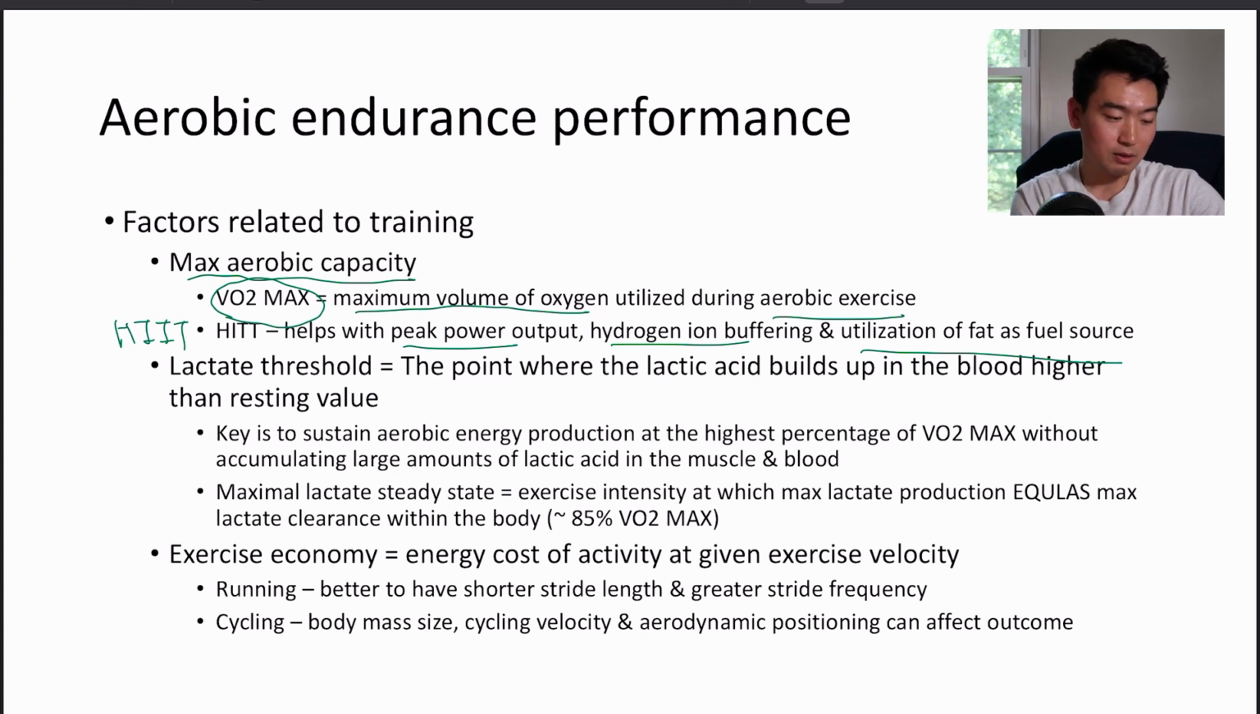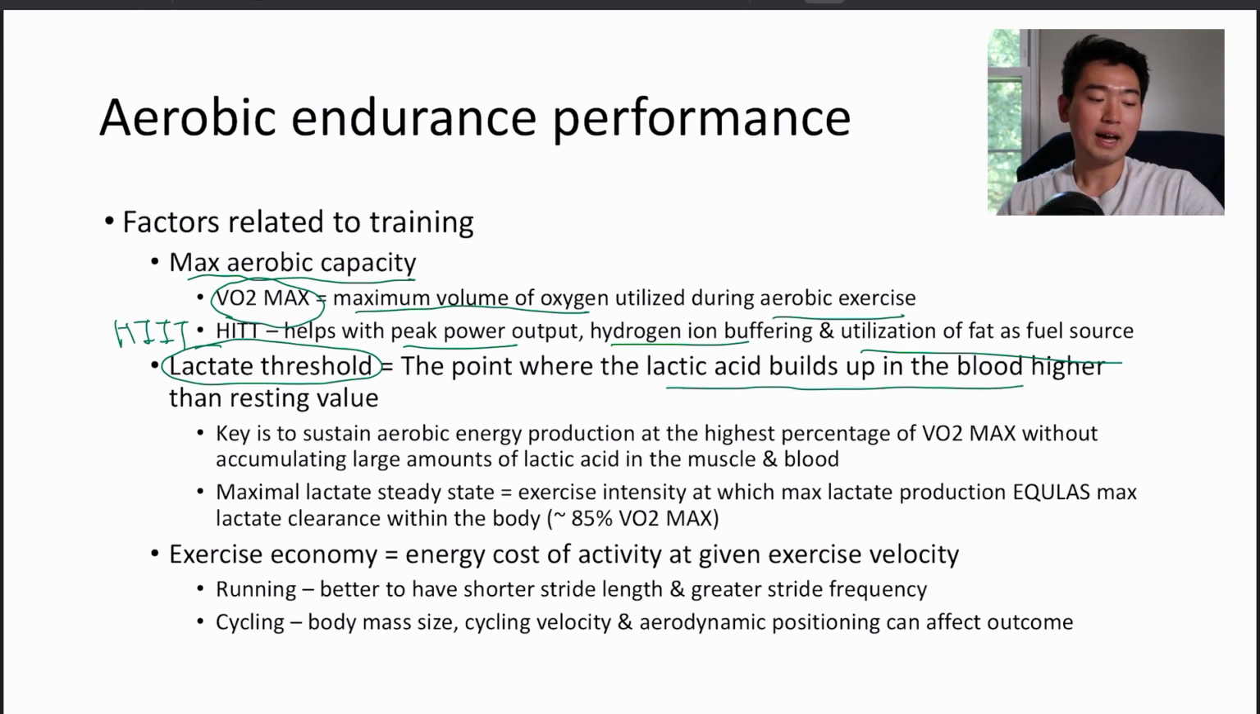And so take a look at lactate threshold here. It is the point where the lactic acid builds up in the blood higher than the resting value of the lactic acid. And so the key is to sustain aerobic energy production at the highest percentage of VO2 max without accumulating large amounts of lactic acid in the muscle and blood. So the lower your lactic threshold, the better it is, because we don't want the lactic acids to build up